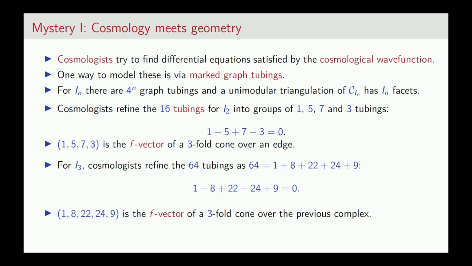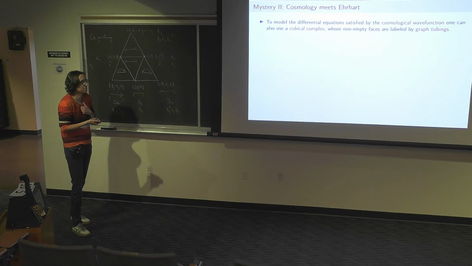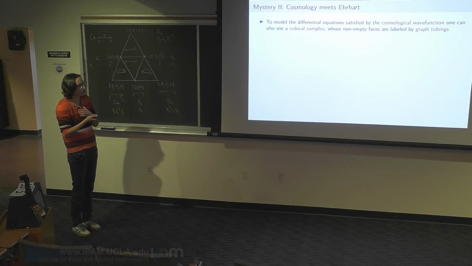Again, it's an Euler characteristic, and it's the F vector if you take a threefold cone over the complex before. And this goes on. So you can explain why this is happening, but I don't know why. Like what's behind it? And next thing, which for me is even a bigger mystery,